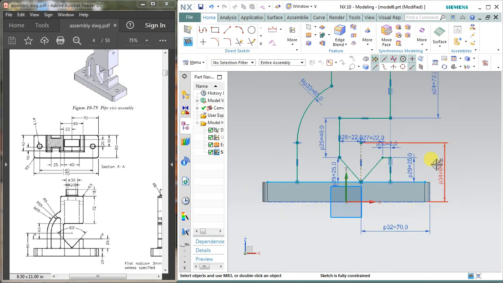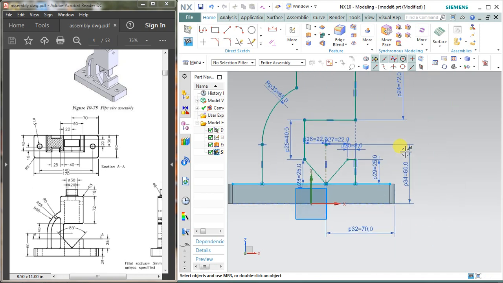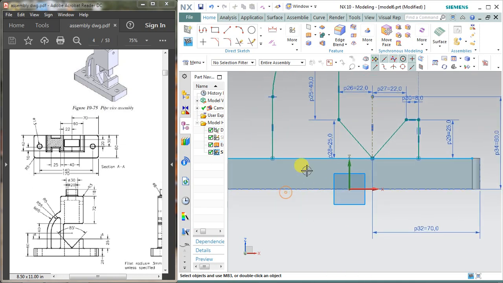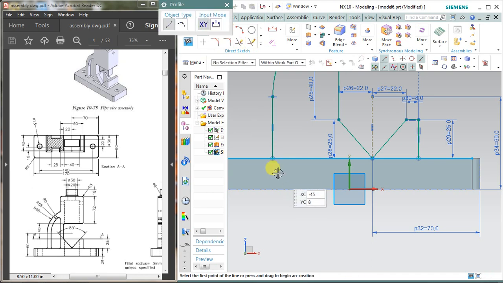Now I guess my sketch is fully constrained, but there's a problem because my sketch is not fully closed, because this V is touching this base point, and it can create a problem. You could face problems extruding it. For this I have a solution. Just draw another portion underneath it by selecting these 2 points.